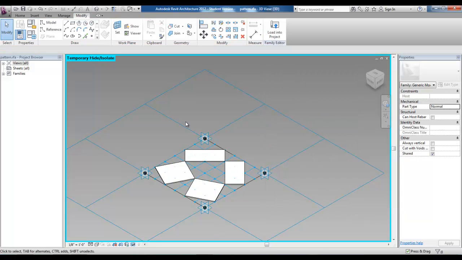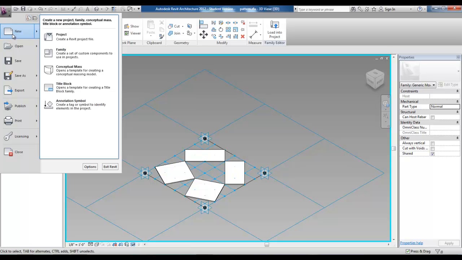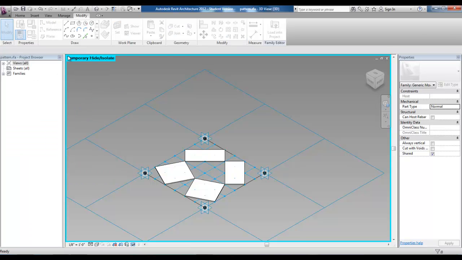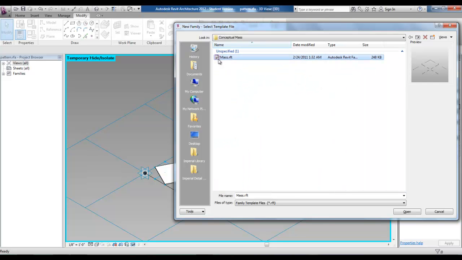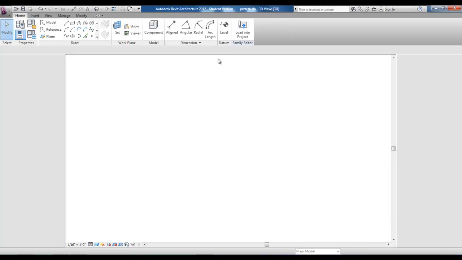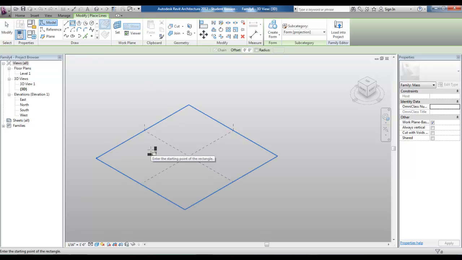Now we can get to the 3rd level and create a new mass family. So we'll go to New, and we can go to New Family, go to Conceptual Mass, and there's your mass family there. And now that we're in the mass family, this is where we actually draw the actual whole wall, the entire piece that I showed you from the beginning. So I'll go ahead and draw a rectangle,